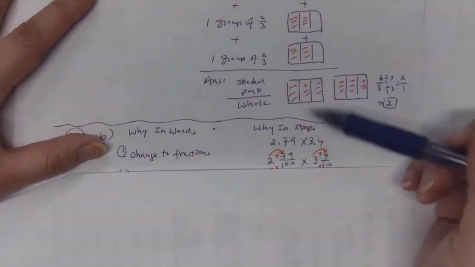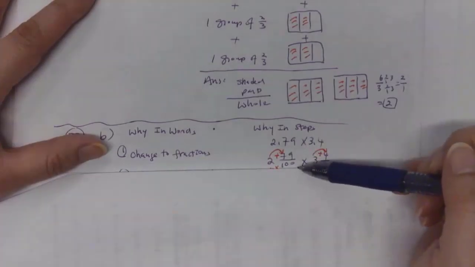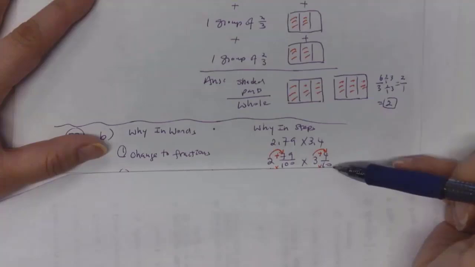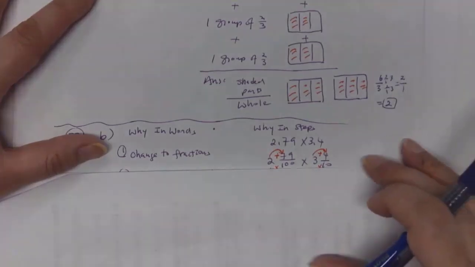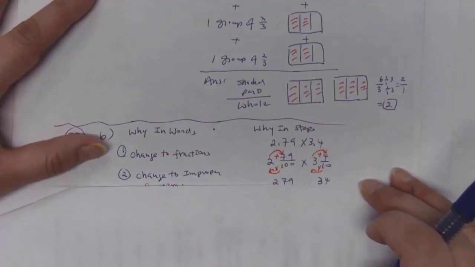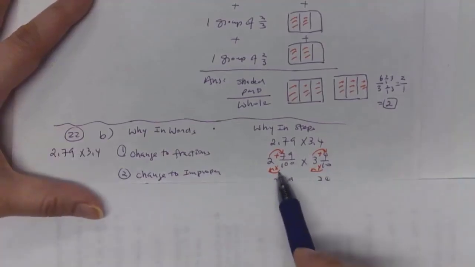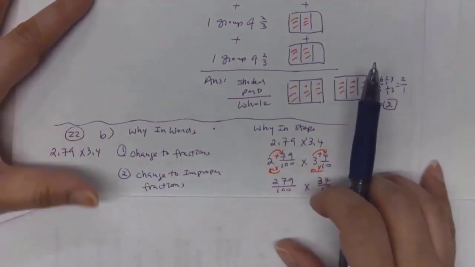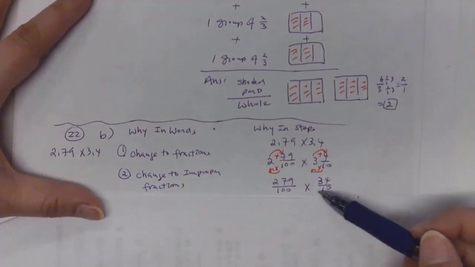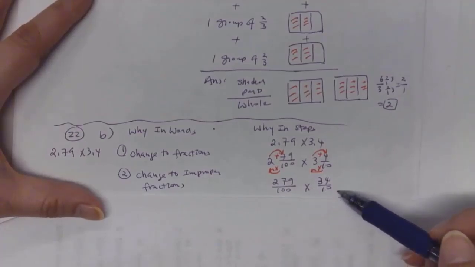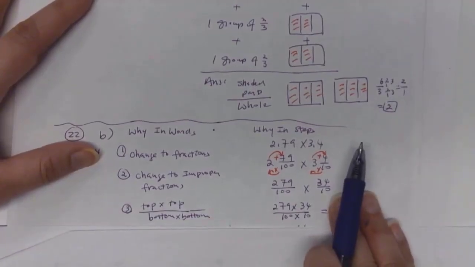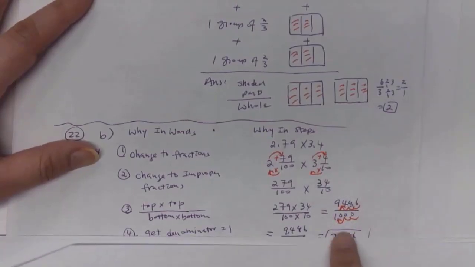The first one is 2.79, so it's in the hundredths place. So it's 2 and 79 hundredths times 3.4, which is 3 and 4 tenths, because 4 is in the tenths place, right? Then we need to change them to improper fractions, meaning we multiply the denominator with the whole number and add the top. So that will give me 279 over 100 times 34 over 10. Then top multiplied by top, bottom times bottom, would give me